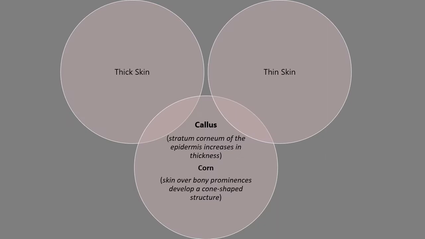So here, we will see ano naman ang similarities. Anong meron for both thin and thick skin. So, there is an area called callus. We always hear this word, callus. This is where the stratum corneum of your epidermis increases in thickness. These are usually formed in those areas that are subject to friction or pressure. Okay, for example,